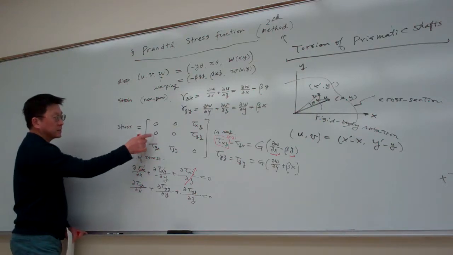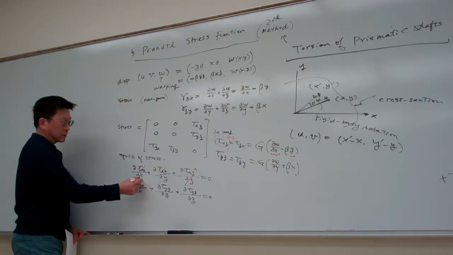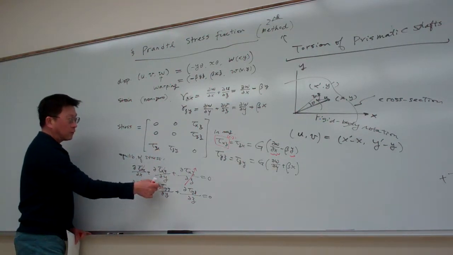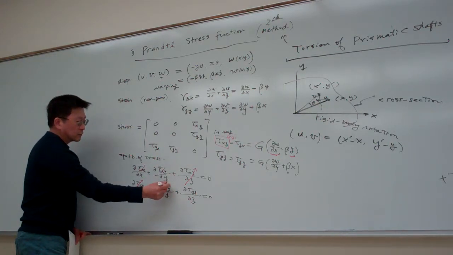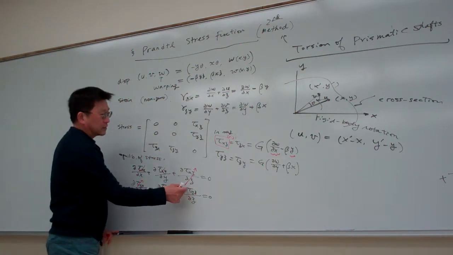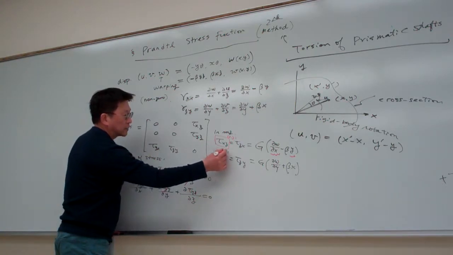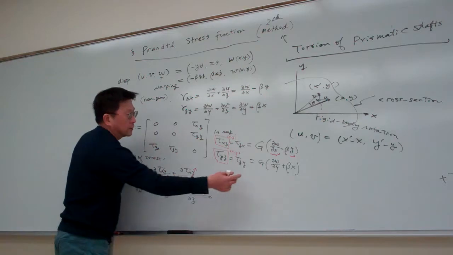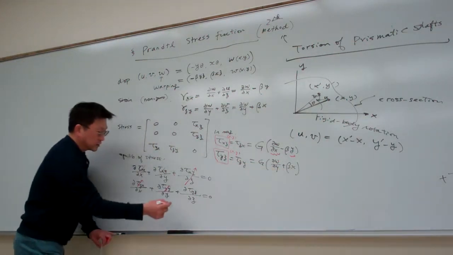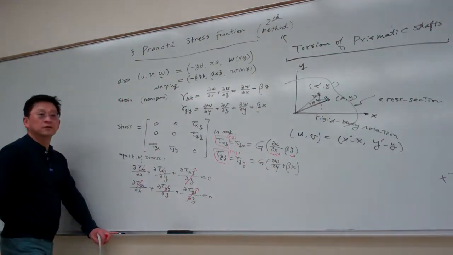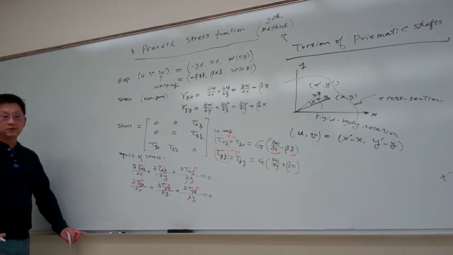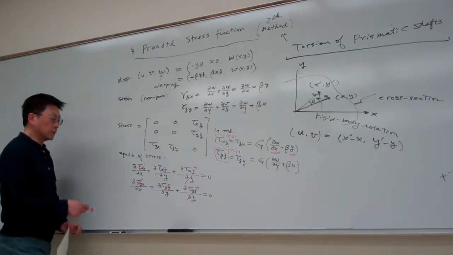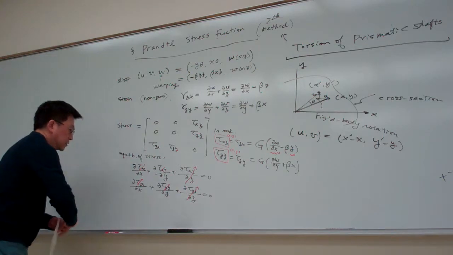Tau yx is this term, equal to 0. Tau yy is this term, and this term equal to 0. Tau yz, again, you look at the content here, tau yz is a function of x and y only. You look at the details, so basically this term, again, disappears as equal to 0. Okay, so it's good. The third one,